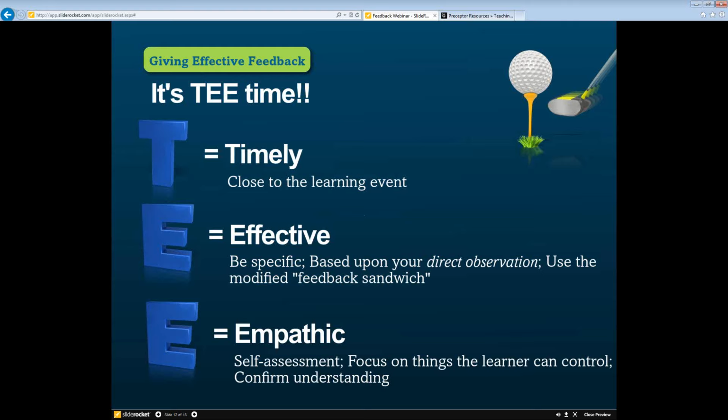This statement, based upon your direct observation to be effective, again, is going to be the topic of the next webinar, but imagine if you were the tennis coach and told your player to go knock the ball around for a while and you'll hang out in the clubhouse, and then afterwards the tennis player comes back and they tell you how they thought their serve went or their volleys went and that sort of thing.